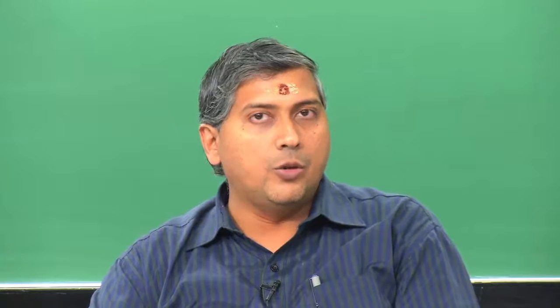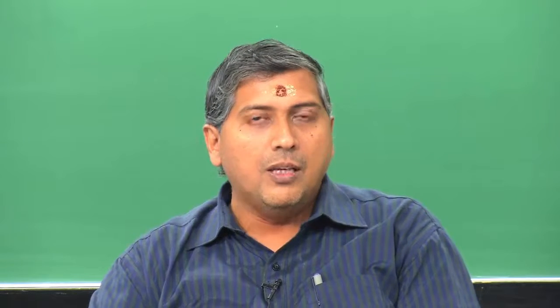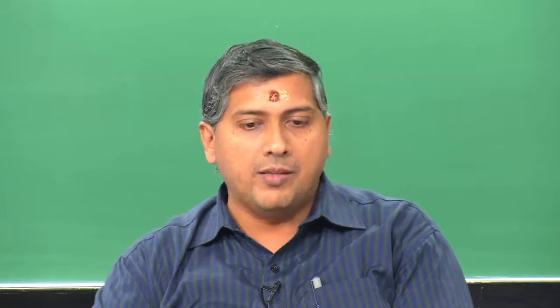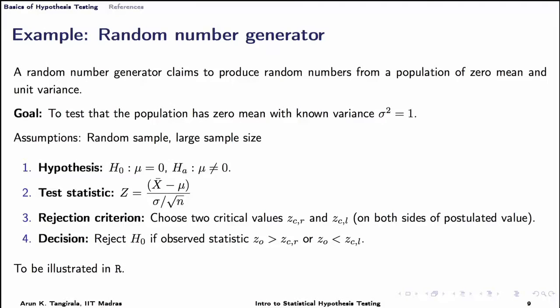As I said earlier, there are two possible ways of specifying those. One, it can be a user specified thing. I can specify what the critical values are, saying that I know that for this kind of a process, with this many samples, the probability that I will observe a test statistic as large as ZCR or as low as ZCL is small, and then go ahead with my hypothesis test. Or the second approach, where I specify the error that I will incur and then determine the critical values.